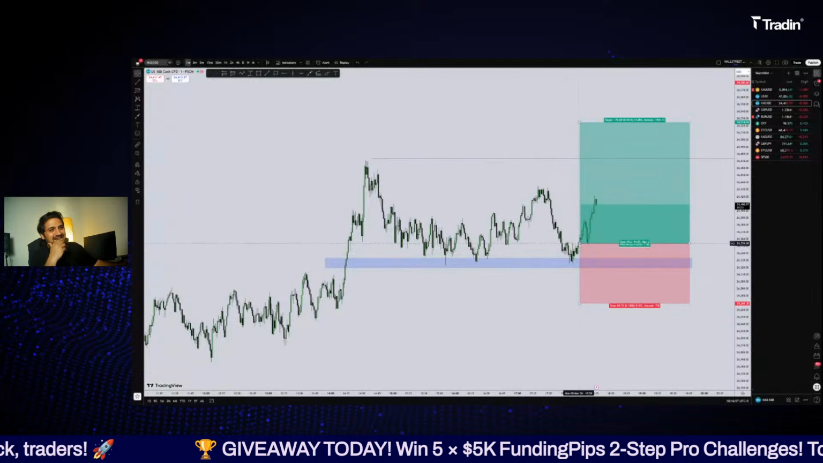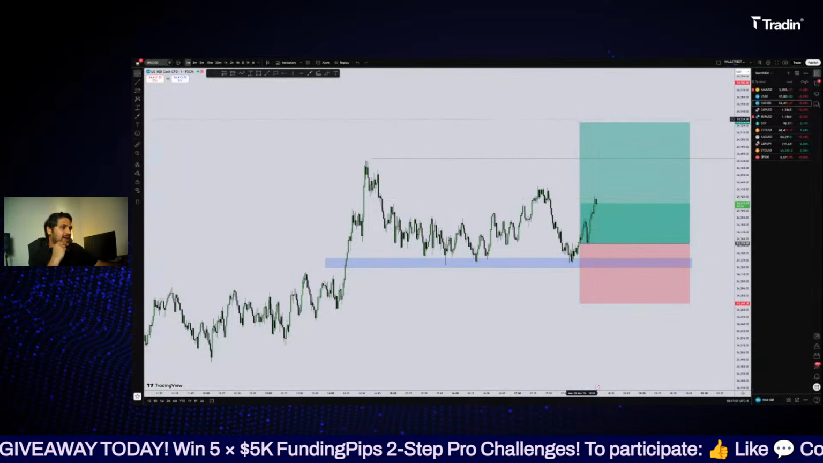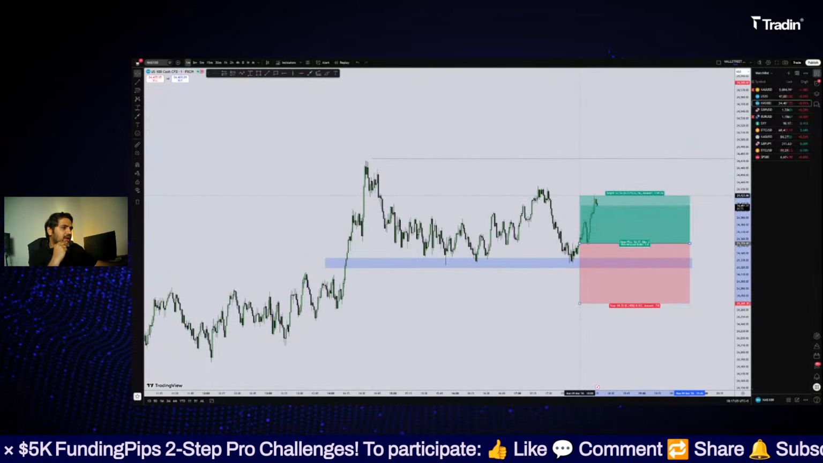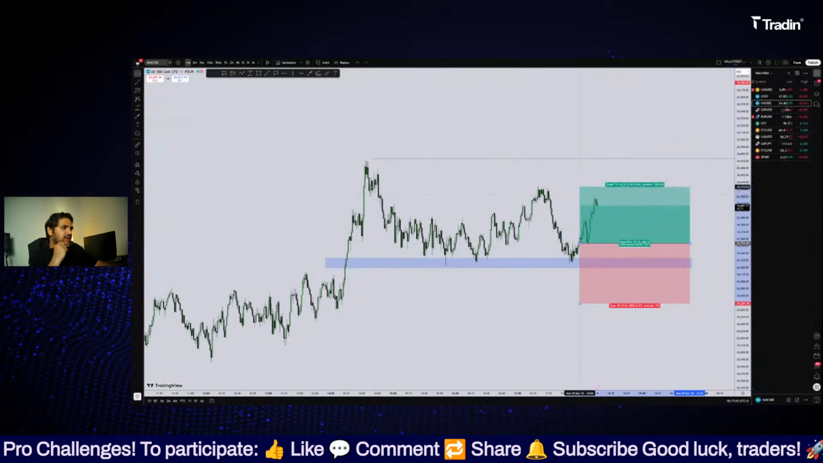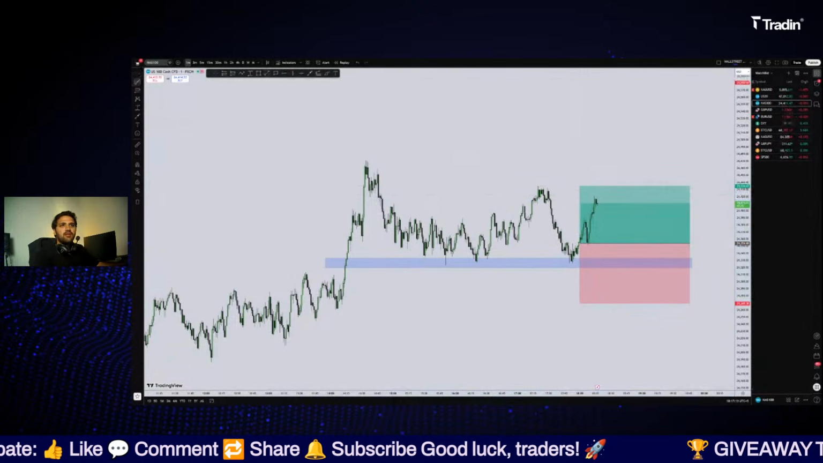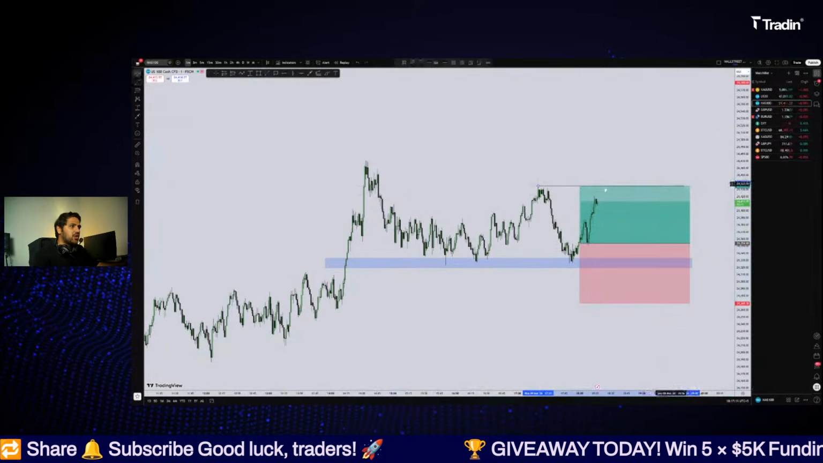So NASDAQ pretty much played out in my favor for like a 1-to-1 as of now, I would say. No, 0.80, 0.80. This is over 1-to-1 above this high. Right above this high is my 1-to-1. Now this is the point where I will move my stop loss to break even,